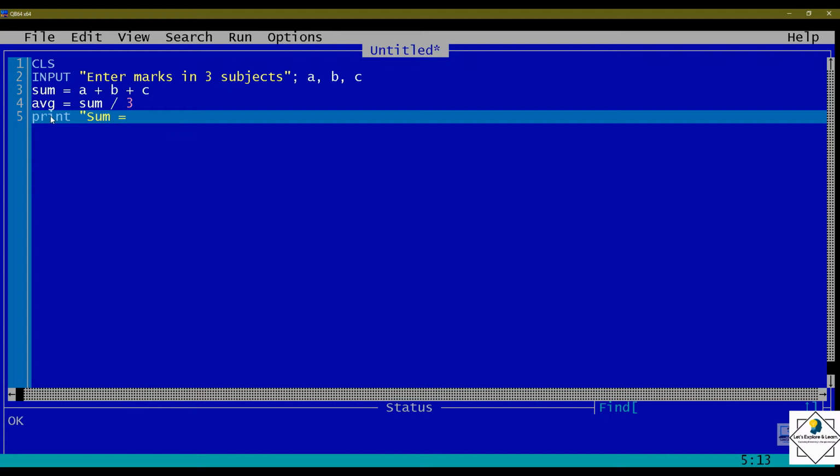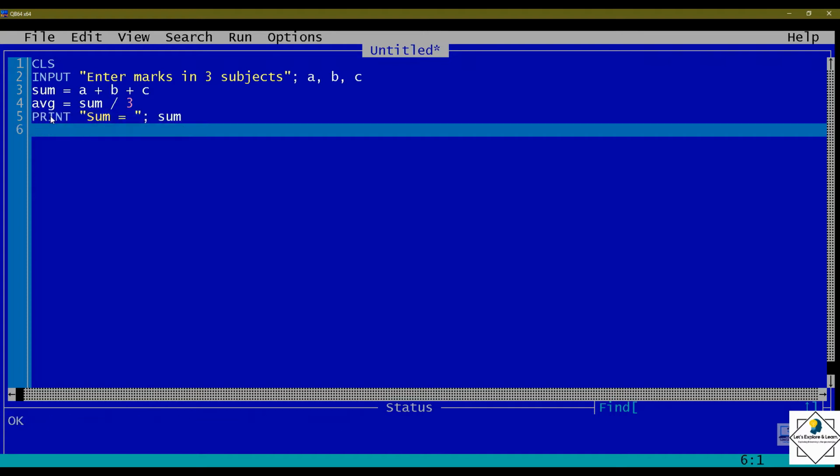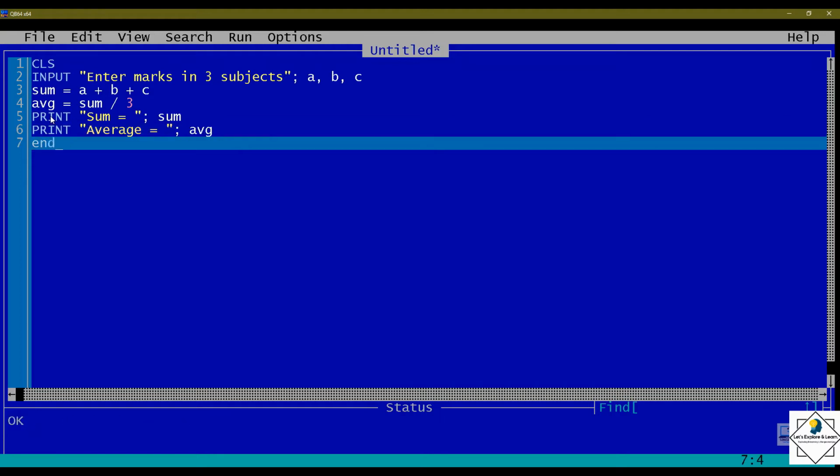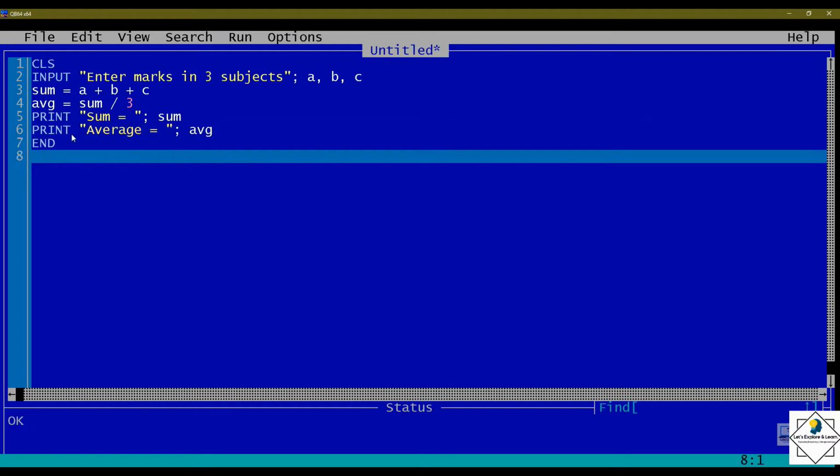So I can write PRINT "Sum equal to"; sum, and then PRINT "Average is equal to"; AVG, and then END. You can see the statements which are appearing in yellow color, they are the messages. So "Sum equal to" is a message, "Average equal to" is a message. These will be printed as they are on the screen, and these are the variables.